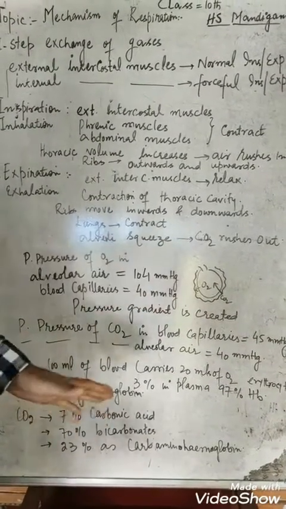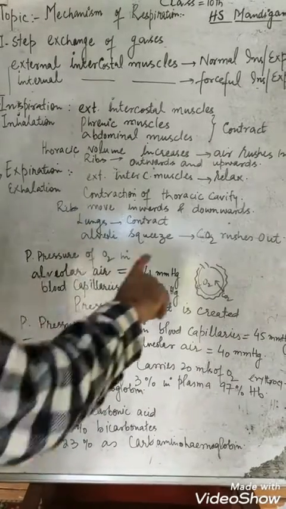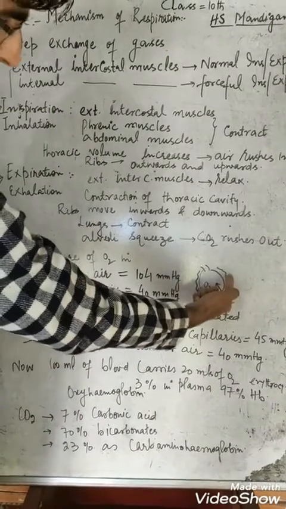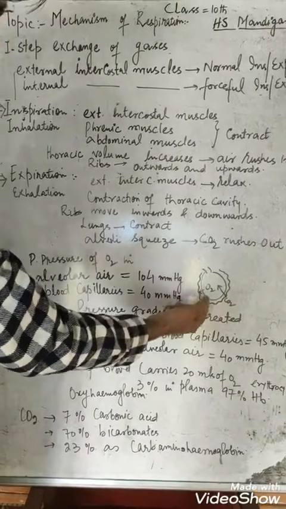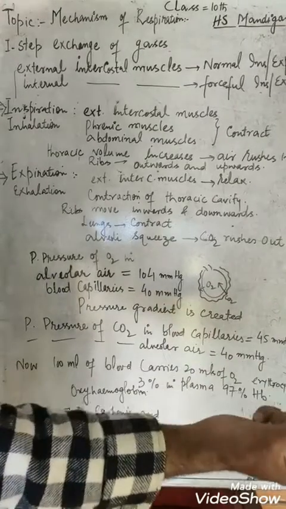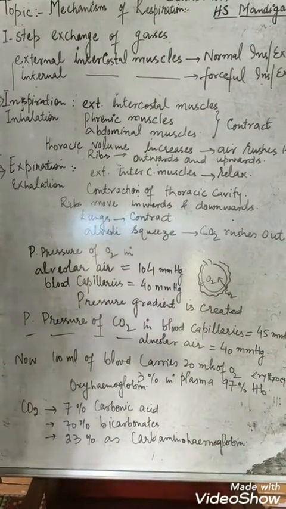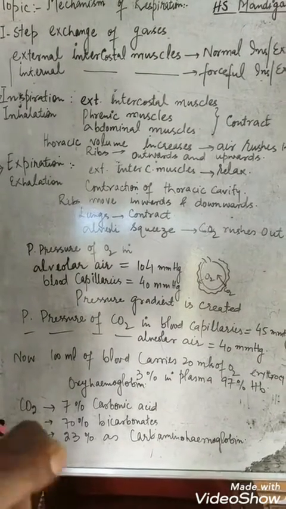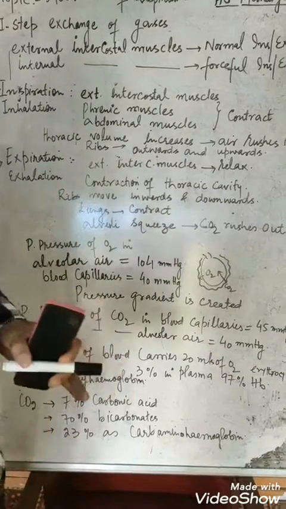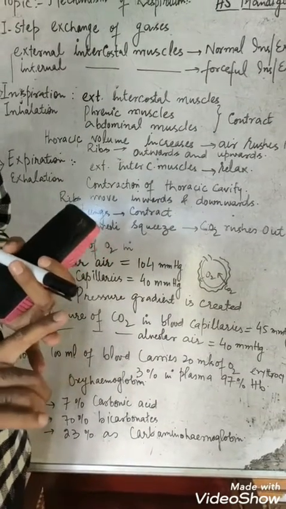Inside these alveoli, the barrier, the membrane of the alveoli and the membrane of the blood capillaries, is just around 1 micron. It means it's around 1 by 10,000th of 1 centimeter. It means if we divide 1 centimeter into 10,000 parts, then